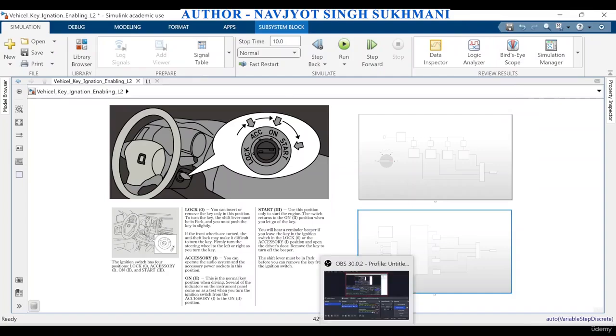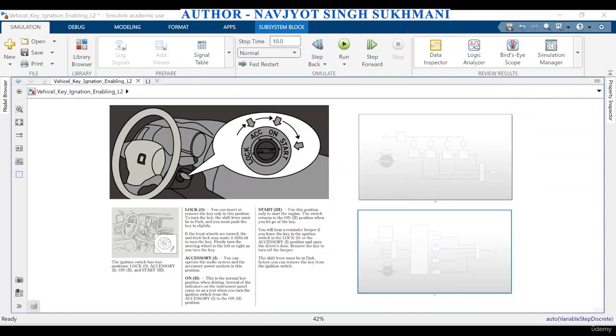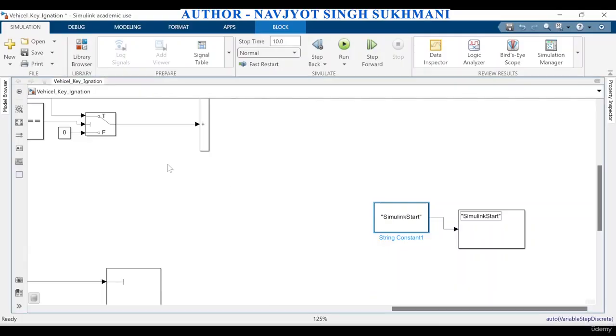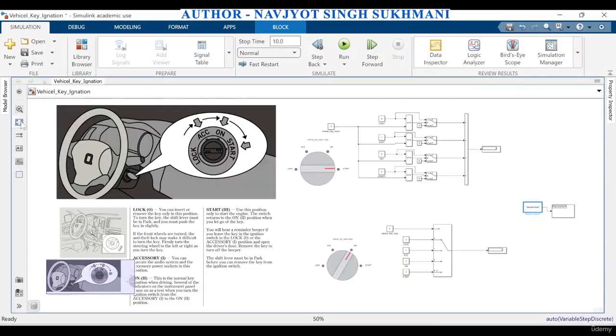So we are learning about project-based learning, where in previous projects we completed the vehicle key ignition status with different parameters. Now I'll continue this project to another level, where we can get the output as a string constant, and how we can trigger and use the enable subsystem and if-else subsystem in multiple ways. We will learn that in this